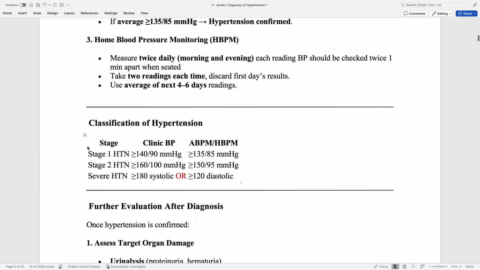These stages are important to know because stage 1, there is approach. Stage 2, there is approach. Stage 3, there is approach. I'm talking about a patient for the first time